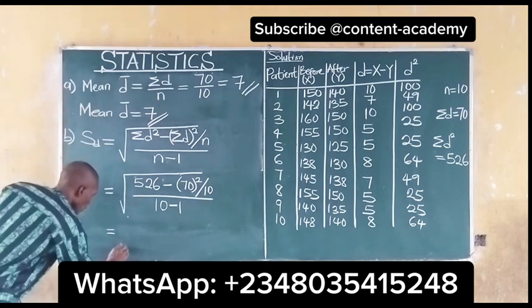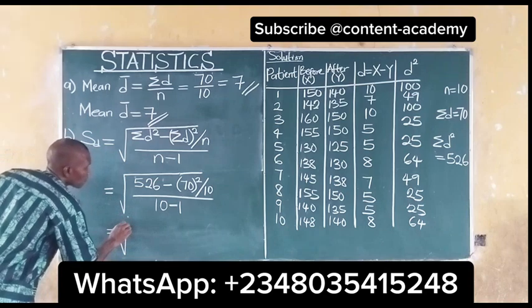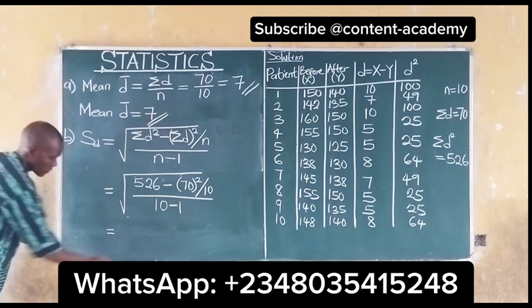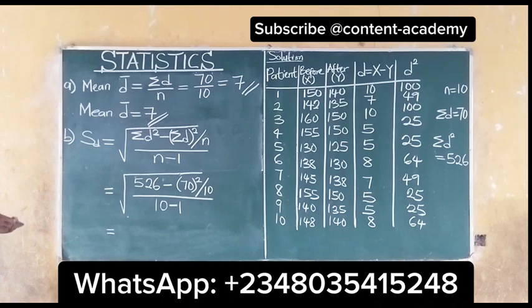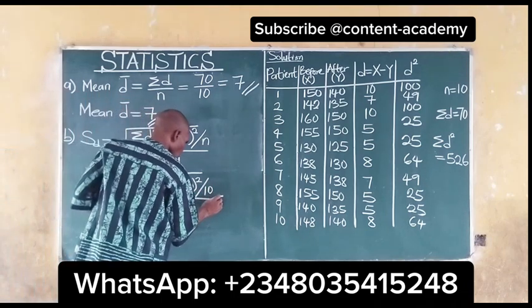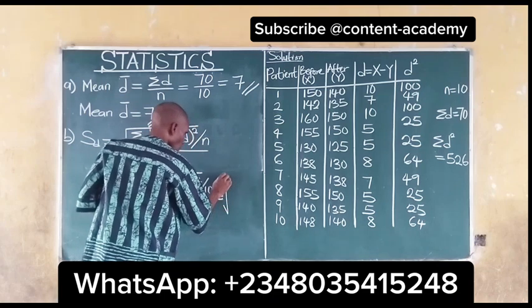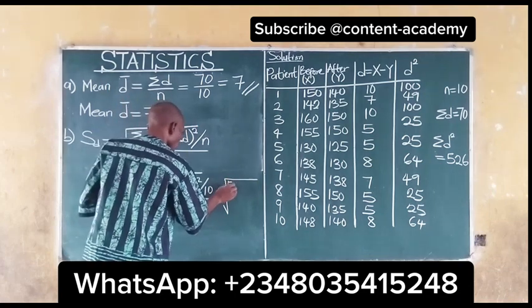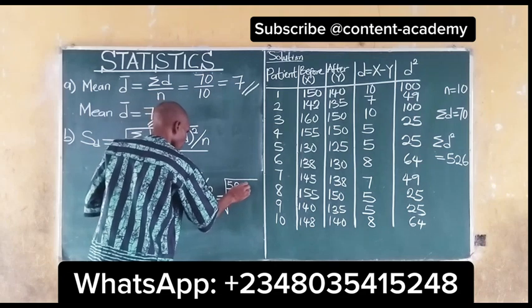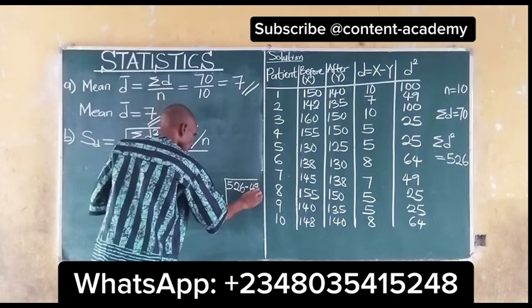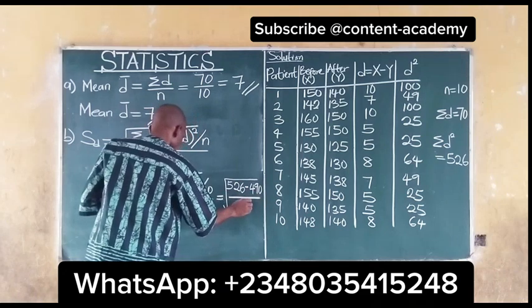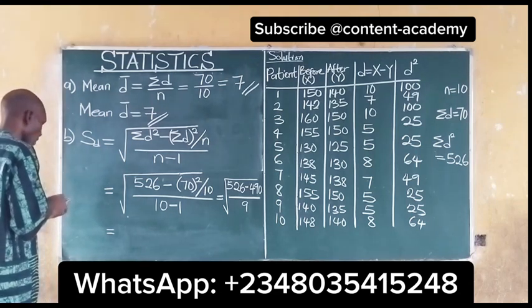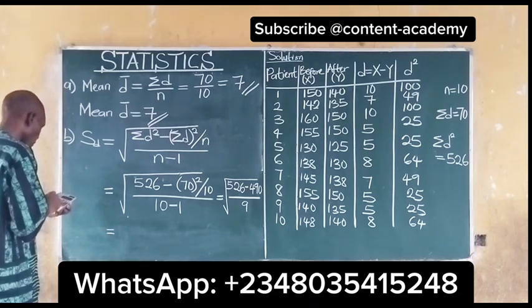We have the square root of, to make our work easy, we say this is equal to the square root of 526 minus 490 divided by 9. So 526 minus 490 is